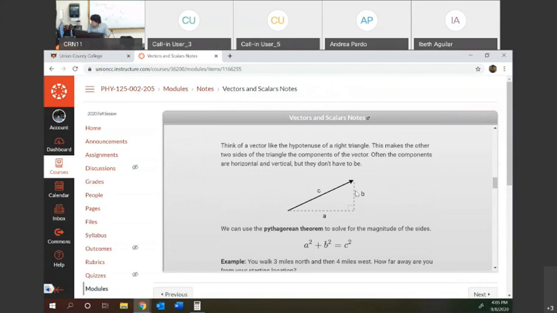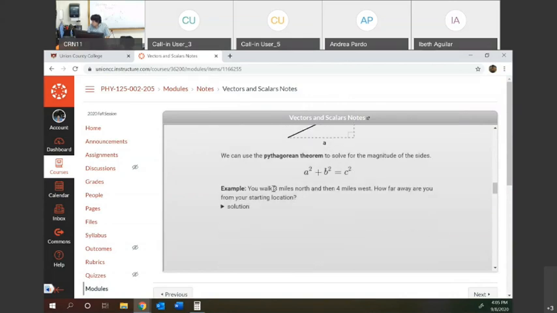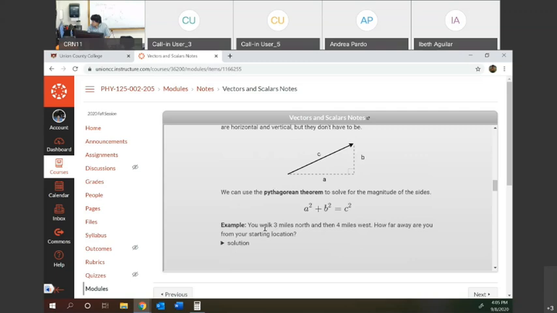The Pythagorean theorem gives you that the addition of the squares of the two legs gives you the hypotenuse squared. And we use this. For example, look at this example: you walk 3 miles north, 4 miles west. How far are you from your location? So we're going to do that problem in a second. But before we do that,